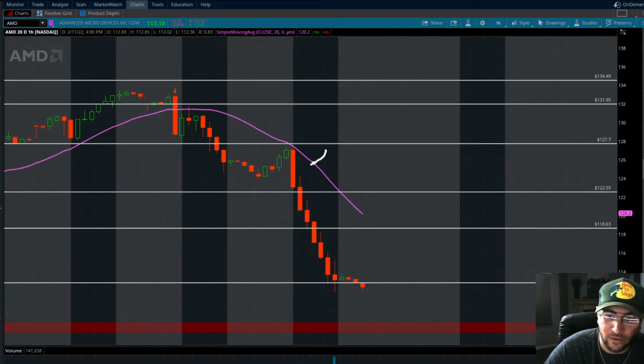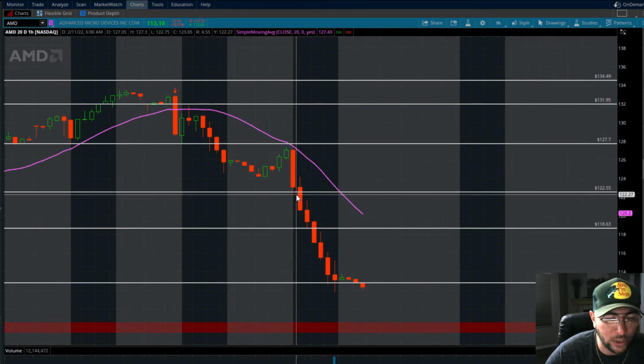Let me take this line off. I got the break after the bounce, and I probably entered somewhere around 122. I can't bring it down to the exact cent. As I trade options, I use market orders, so my fills are going to be a little spready. The only reason I like to use market orders is because when I'm getting in on the move, I want to be in quick. And just like when I want to sell, I want to be out quick.